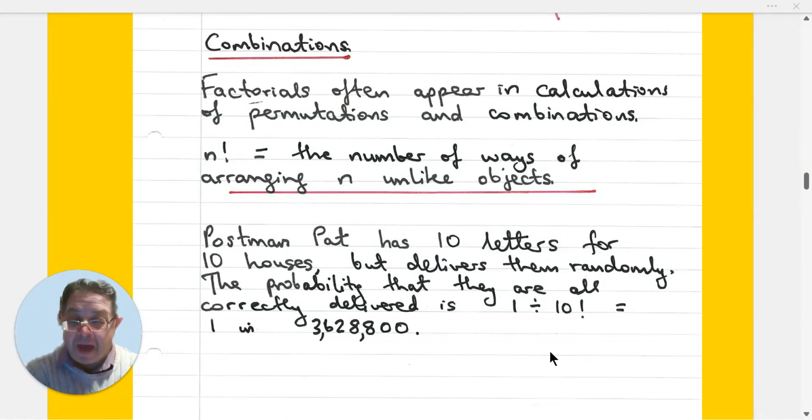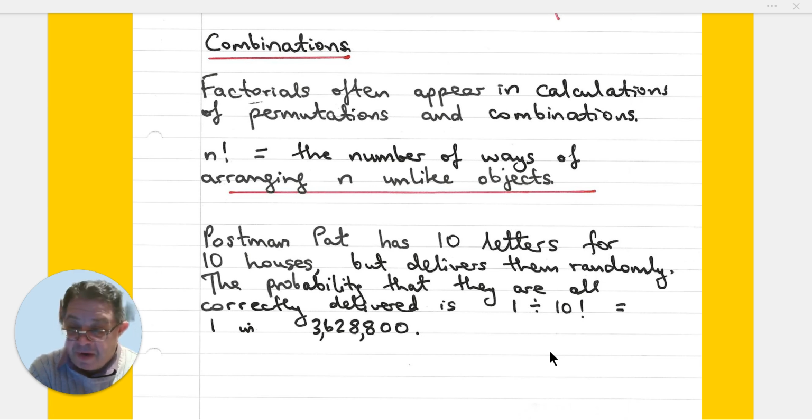Factorials. One application of factorials is in permutations and combinations. In other words, an answer to the question of how many ways are there. And n factorial is the number of ways of arranging n unlike objects. So if Postman Pat had 10 letters for 10 houses, the number of ways of delivering these, one letter to each house, is 10 factorial, which is